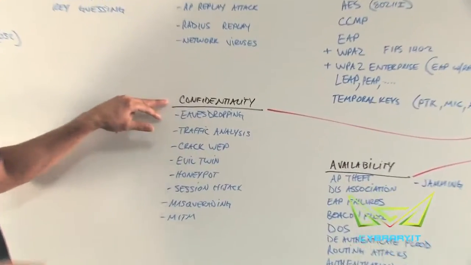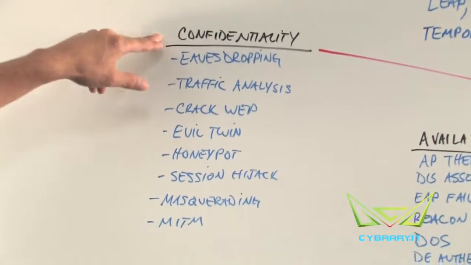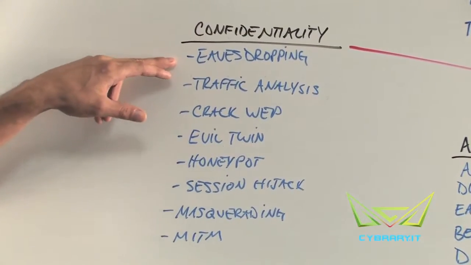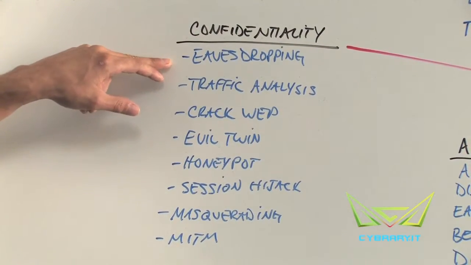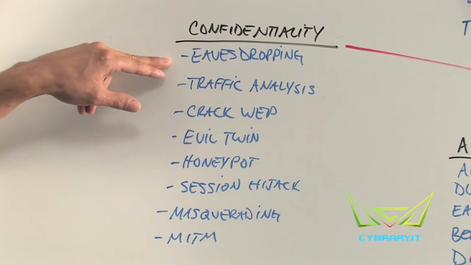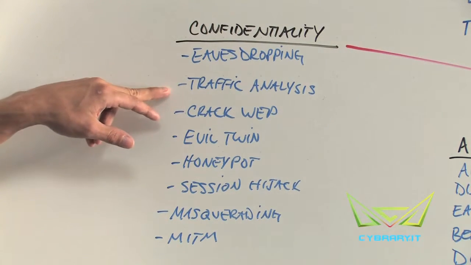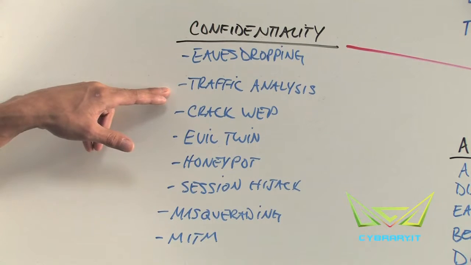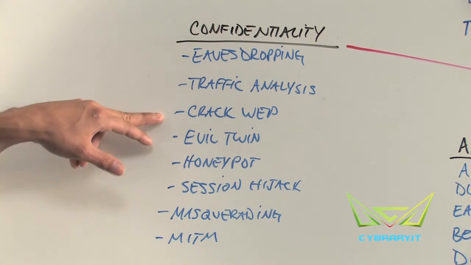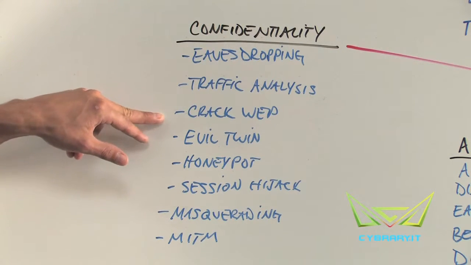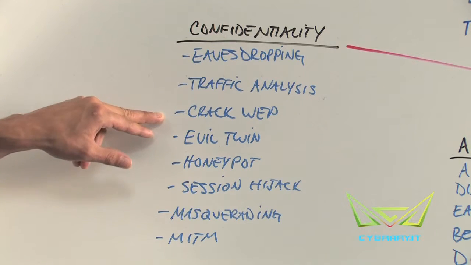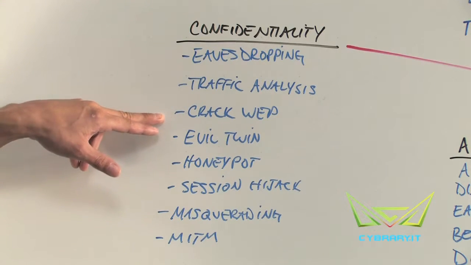Confidentiality style attacks, focusing on disclosure-oriented attacks. This is where you have things like just eavesdropping, right? Using a packet sniffer, something like Wireshark or T-Shark or something to that effect. Or you could chalk that up to traffic analysis. You could try to crack the WEP key. If the WEP key is disclosed to you or the encryption key is disclosed to you, that's now no longer